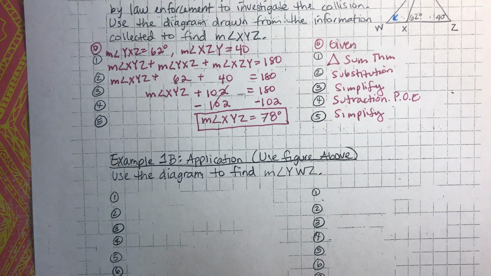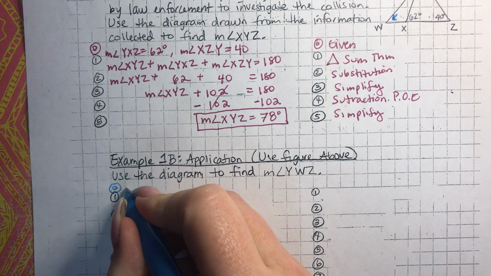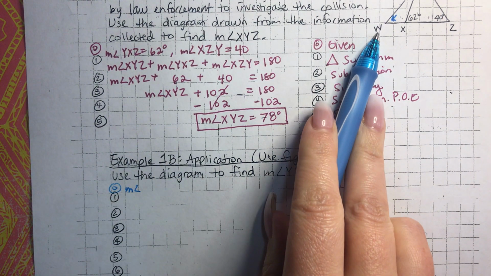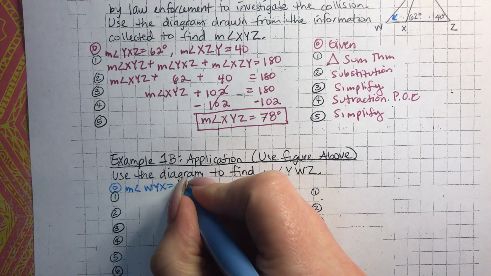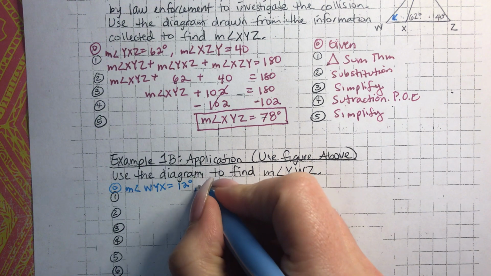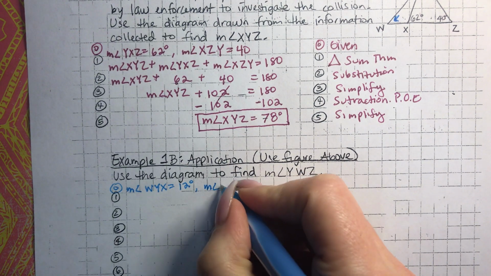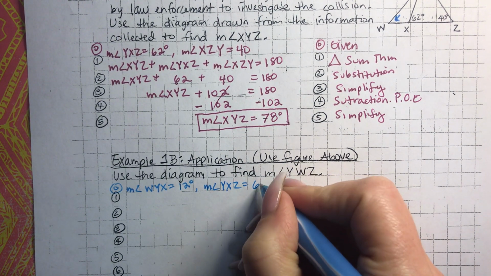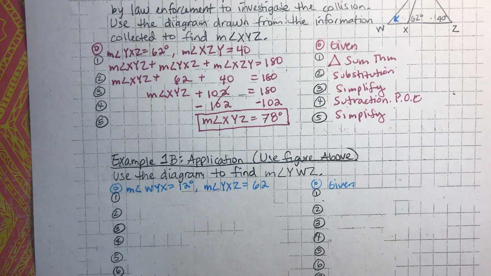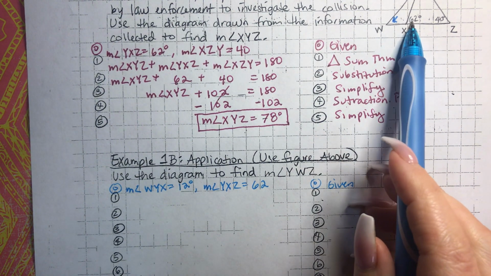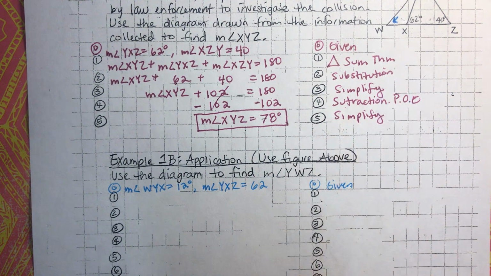First, I'm gonna write down that given information. So the measure of angle WYX is equal to 12 degrees. And this angle here, YXZ, is equal to 62 degrees. Make that given. Perfect. Okay, so then we're just going to say these two angles right here, those added together,